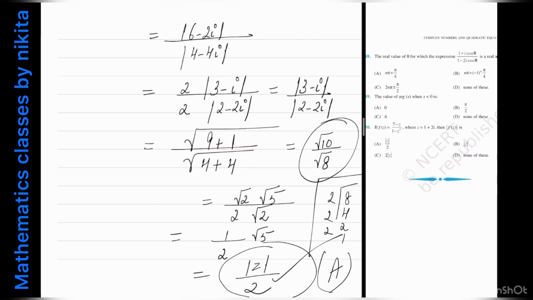So guys, we have finished the exemplar solutions of chapter 5 complex numbers. Now I request you all to please randomly solve all the questions. Take any question from this exercise or the example and solve yourself by taking your pen and paper, and please